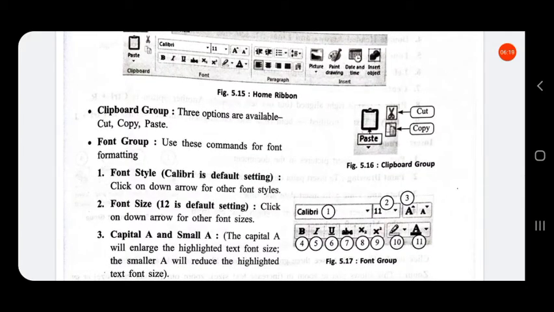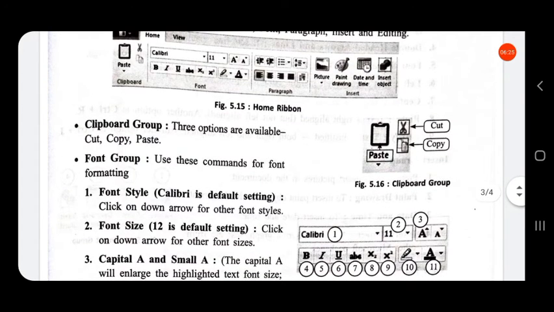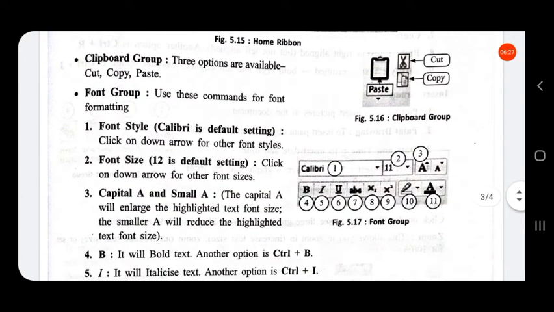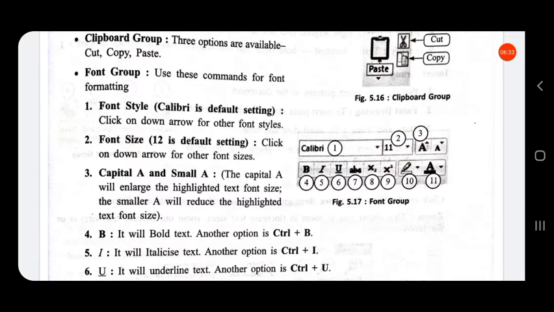Then the font group. Use these commands for font formatting. Font style. Click on down arrow for other font styles. So font style can be any Calibri, Arial, so many font styles are there.